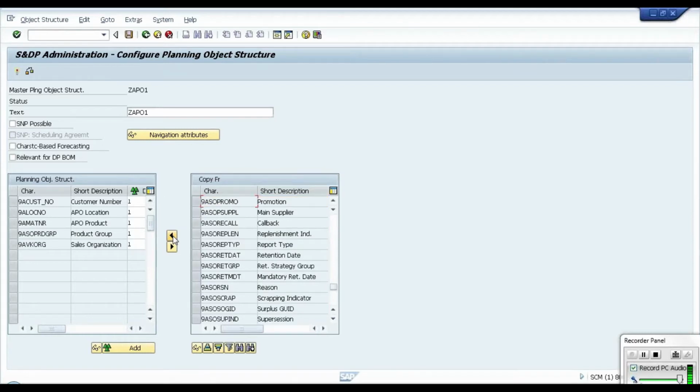So what we have selected is a product and a product group, location, customer and sales organization, and we will select another characteristic as a brand.